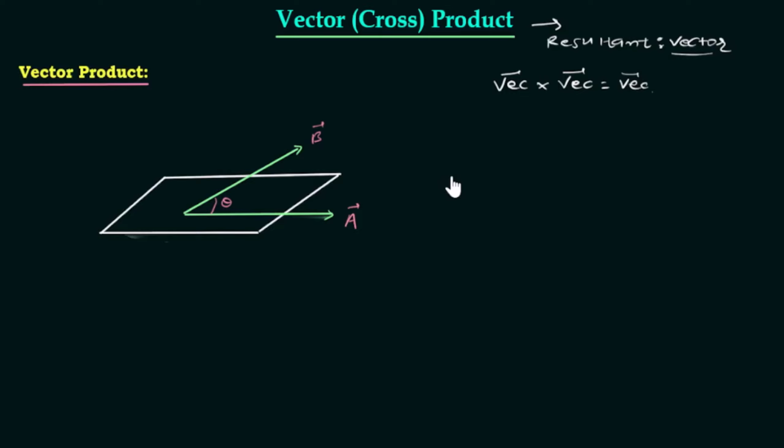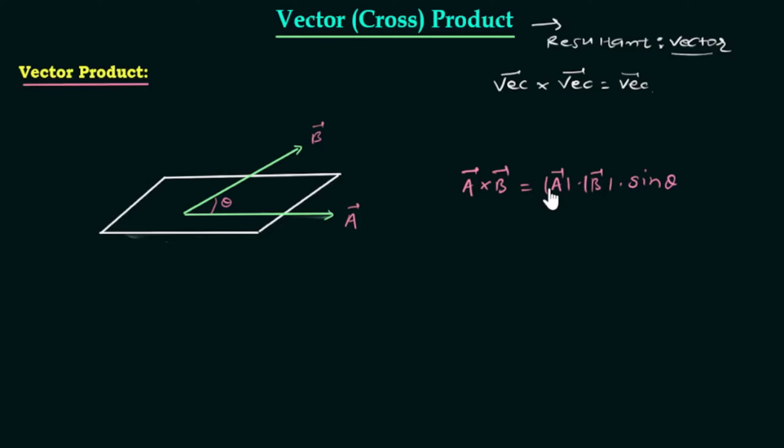The product of two vectors is taken as A cross B, where this sign represents the cross product. Its resultant will be the magnitude of A, magnitude of B, into sine theta, where theta is the angle between both the vectors A and B, into